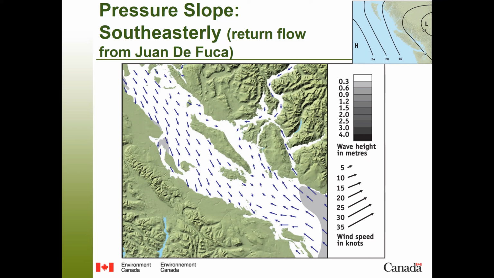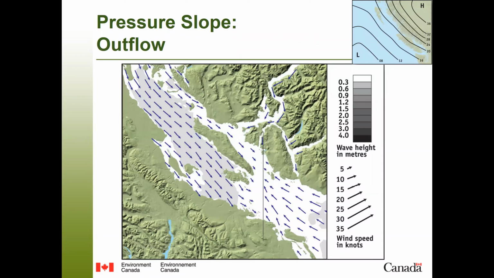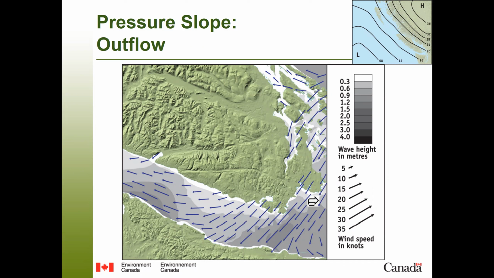The southwesterly pressure slope, we talked a little bit about the Qualicum effect. So that's shown there. Again, the westerly pressure slope pattern through Juan de Fuca. Outflow is always a bit of a challenge with this. Through the main inlets, it's always going to be stronger. When I focus, say, for you guys down in Victoria, this is actually the regime where it can get pretty nasty, and in particular, if